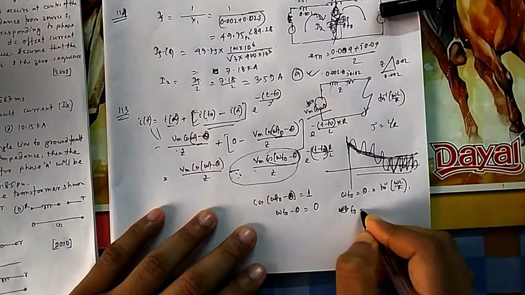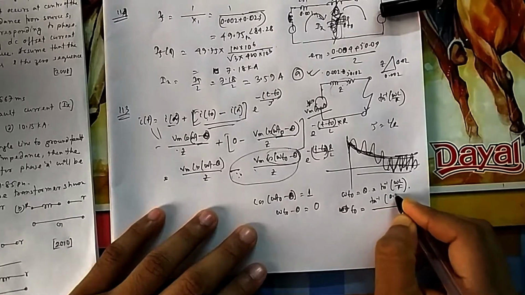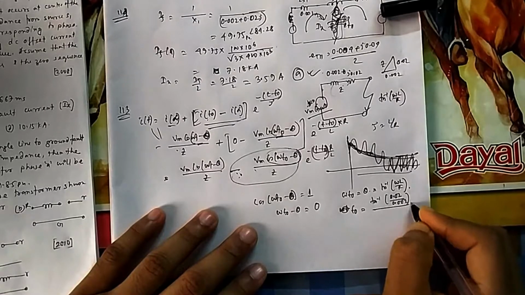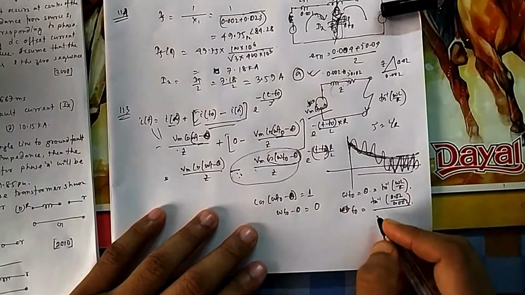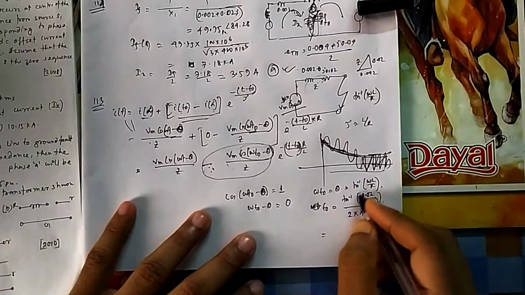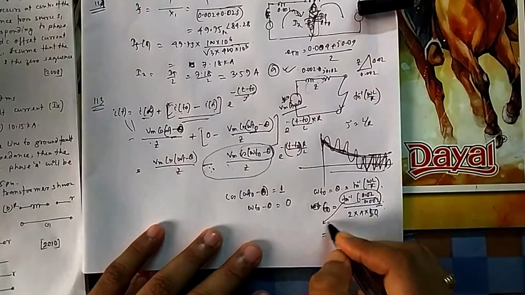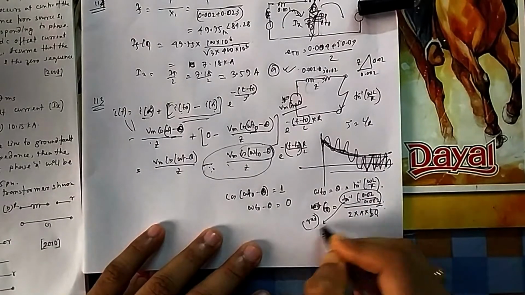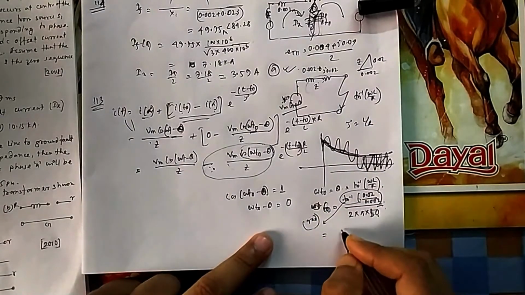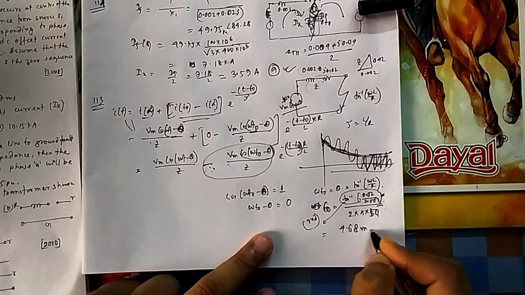So the T0 that is required is tan inverse of 0.02 divided by 0.002 of this circuit, divided by omega, which is 2 into pi. You have to be careful here because you are calculating time, it has to be in seconds. So this inverse should not give you degrees, it should be in radians. This output should be in radians because you are using that to calculate seconds. So your calculator should be in radian mode. You will get 4.68 millisecond.